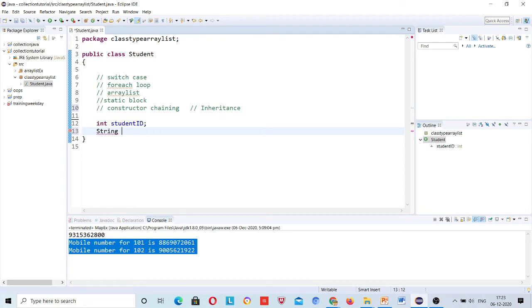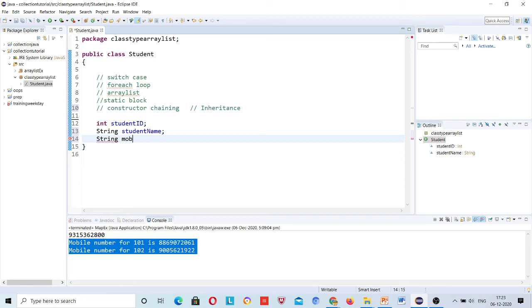So string student name, whatever I am writing here, these are conventions, right? This is the way we have to declare variables in our project also. And string, of course, for mobile number, because it cannot be manipulated, right? Things that cannot be manipulated should be declared in the form of strings, right?